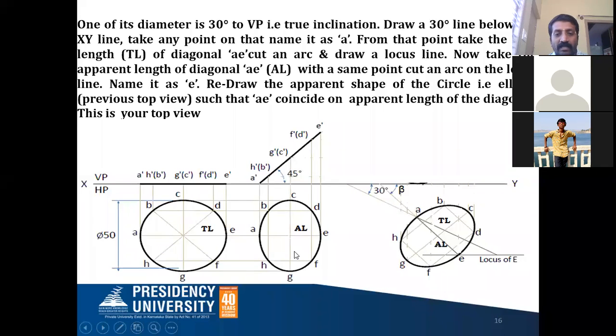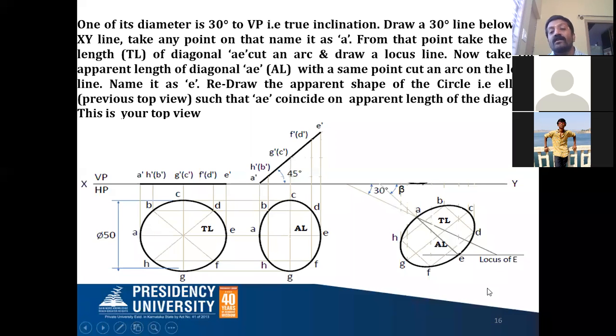If you are going for the arc method, same thing: from A to C distance, E to C distance, A to G and E to G distances are the same. So you can cut an arc from here to here, here to here, from E to here and E to here. You're going to get C and G. Similarly, you can use this distance arc, and from here to here, and here to here, and C to B, C to D, you're going to get the other 4 points.